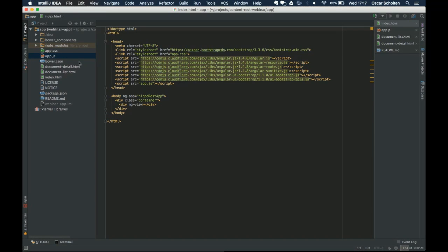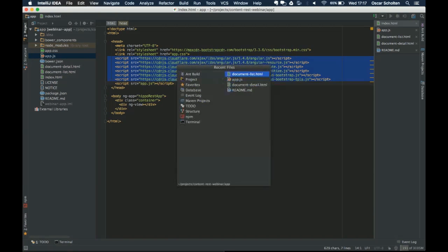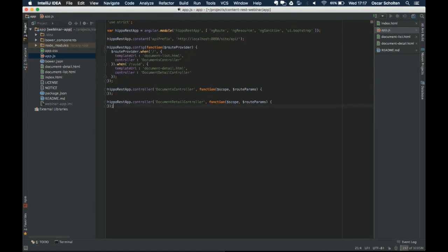It's built up over a couple of files. I have my index.html that contains all of the frameworks that I'm pulling in. So I'm using Angular and Bootstrap for UI bits and pieces. I have one JavaScript file that contains the different controllers, and I've also already set up a little bit of